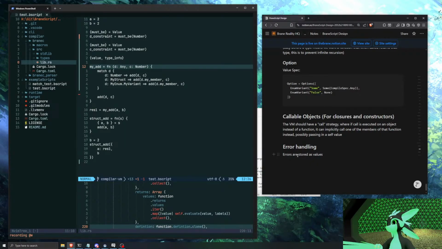Compile time. Error handling. There are no runtime errors in